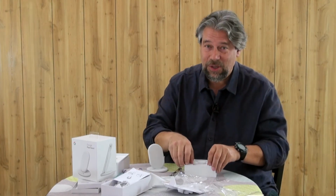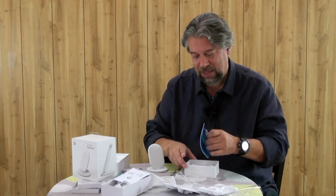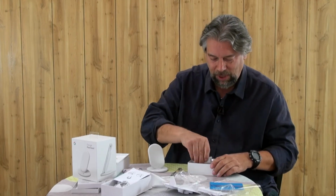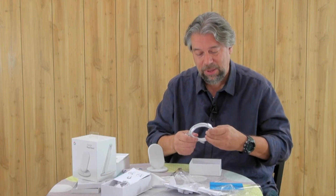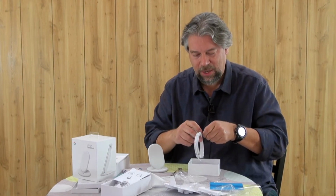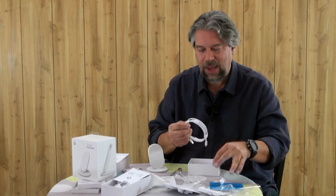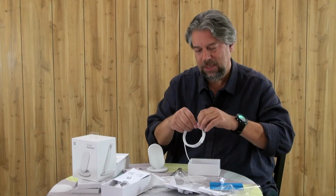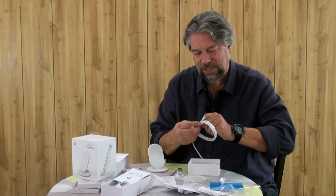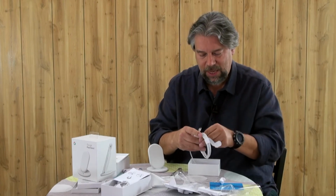So I'm guessing underneath this will be, what do you think? A cable, maybe, and a charger? Cable and charger. So probably exactly the same ones that come with the phone, but now I have 2. So that's handy because I can have one at work and one at home, or one in the kitchen and one in my bedroom, whatever combination. So let's go ahead and open this. And all right, so they might have had a little over the top packaging for the cable of all things, but